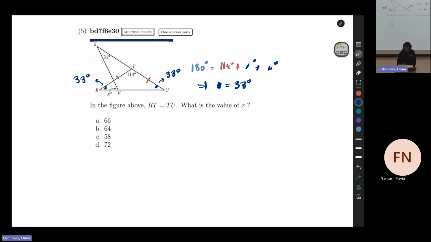The third angle means that the opposite angle is equal. So we make it a normal triangle, which is the opposite angle plus 33. We take the third angle, which is going to be